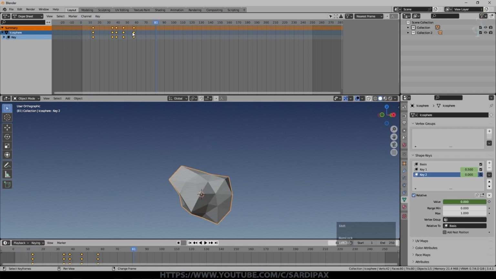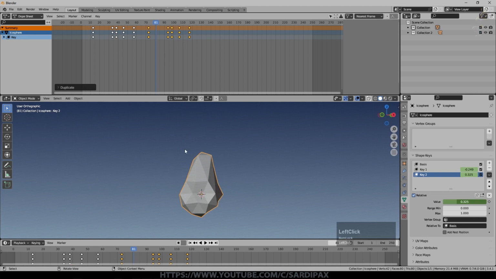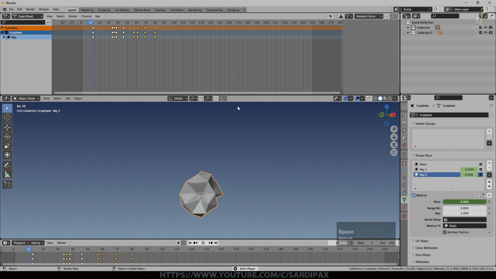I can even Shift D and duplicate those points. Where you can see them joining, that means they're effectively the same keyframe. They hold the same information, so nothing would change between there. So we can just move that out to there. Let that go, and you can see it's doing that, and then it does it again. And we could even do something really weird, like sort of have them half overlapping.